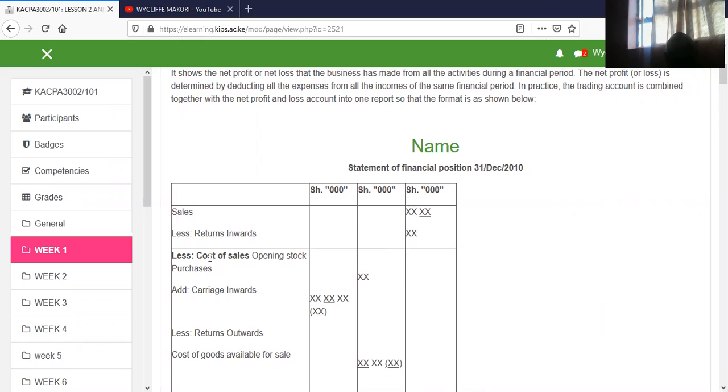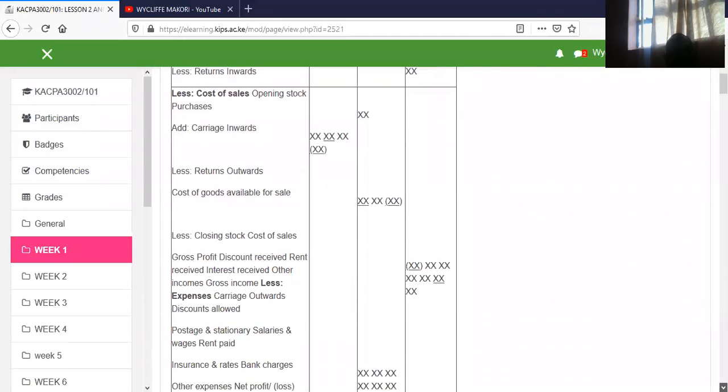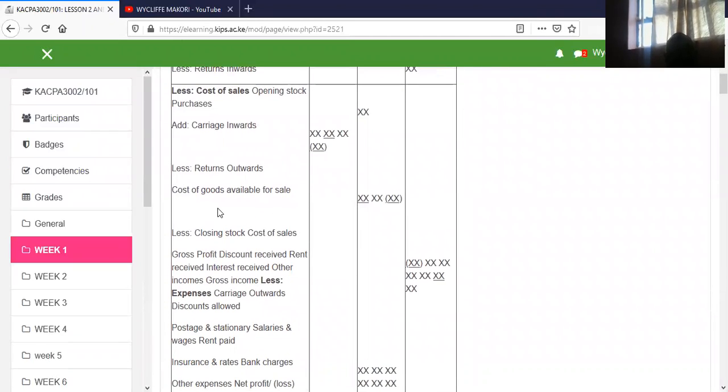Then you less the cost of sales, whereby you are supposed to have the opening stock. You add purchases. To the purchases, we normally add the carriage inwards, and then we less return outwards, so that we can get the cost of goods available for sale. After getting the cost of goods available for sale, you less the closing stock, so that now you can get the cost of sales. The cost of sales you minus from the net sales, so that you can get the